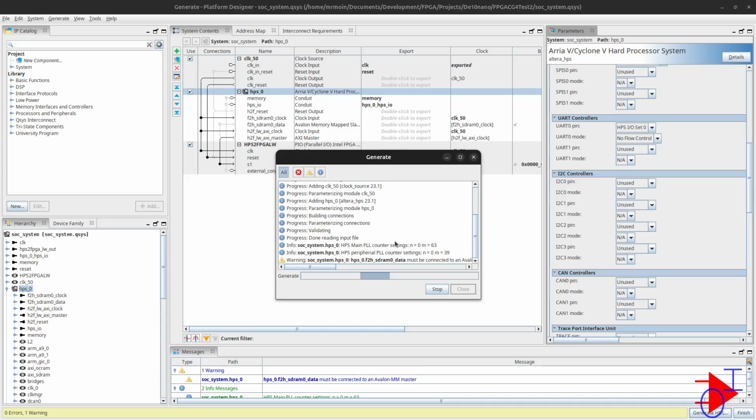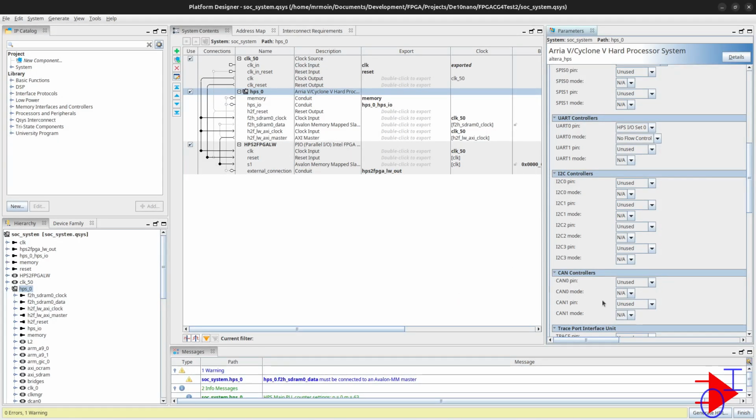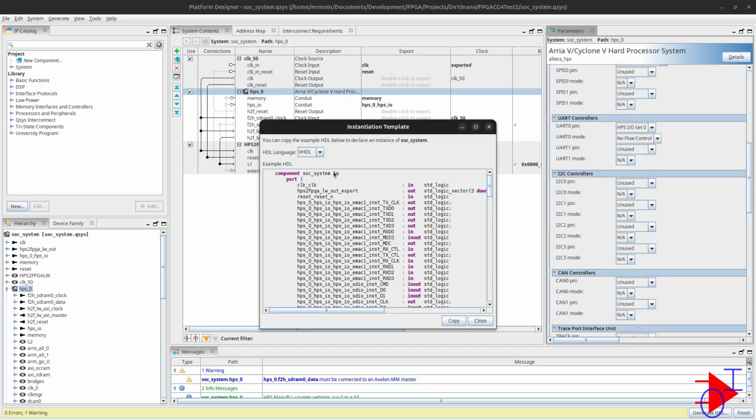I may have to come back. It looks like it is going through this whole process once more. So let's come back to this when it's done. Okay, now that it's complete, I'm going to close this. It generated. Now I'll take the instantiation template again,